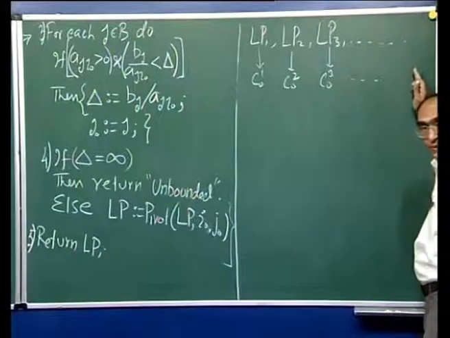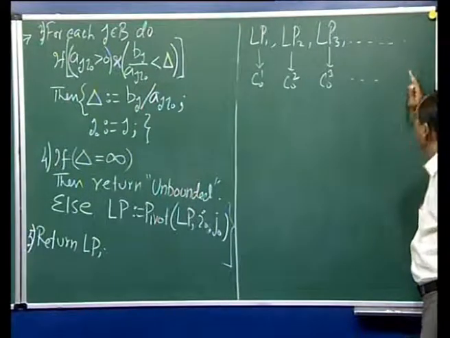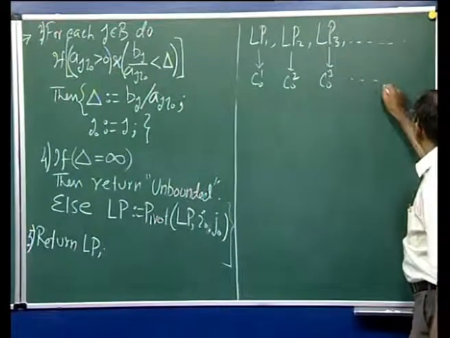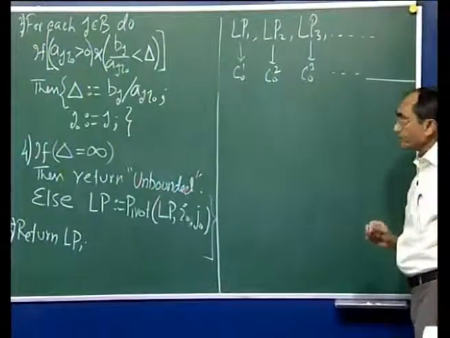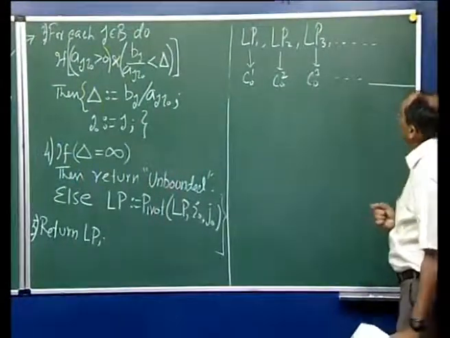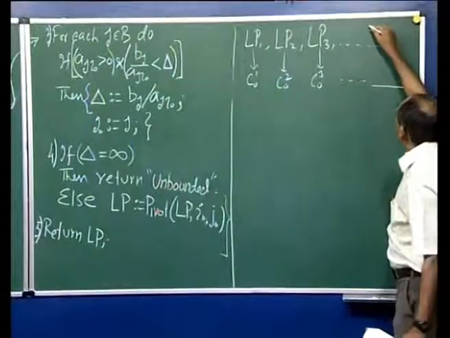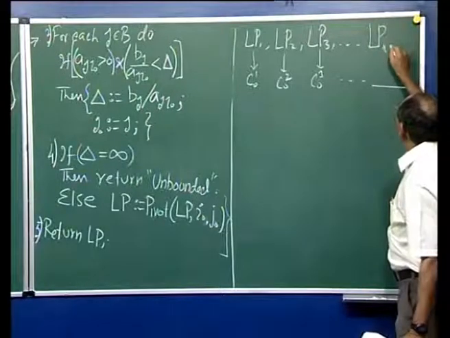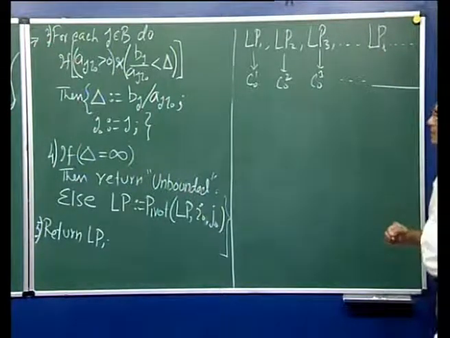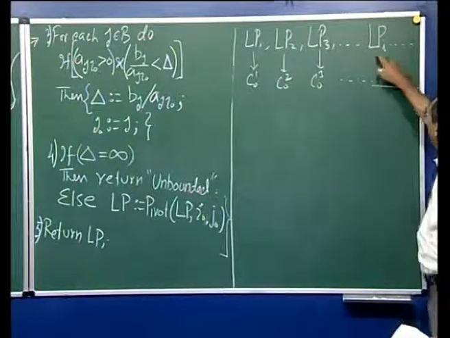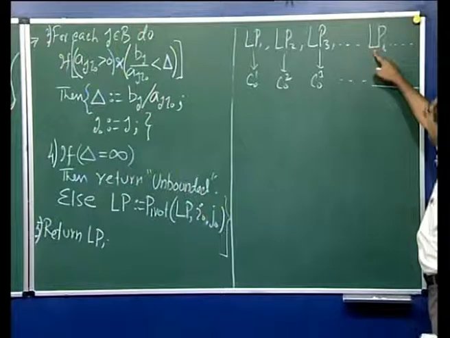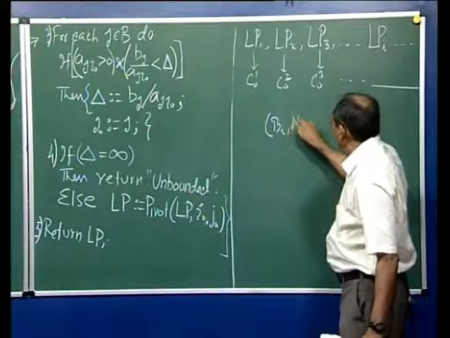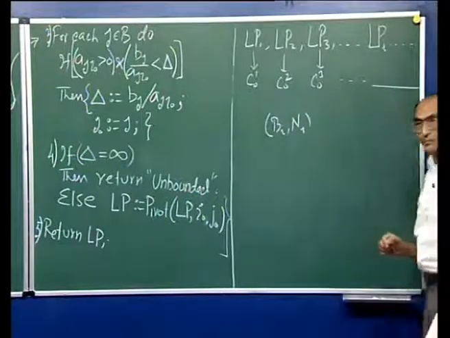Ultimately this will freeze, and after that it will never change. Now at some point this thing freezes and it remains the same throughout. If it remains the same, we will have to look at what happens to the corresponding LP from that point onwards. In case this is fixed, and if we keep a record of each LP by simply storing the BI and NI set, the index sets,